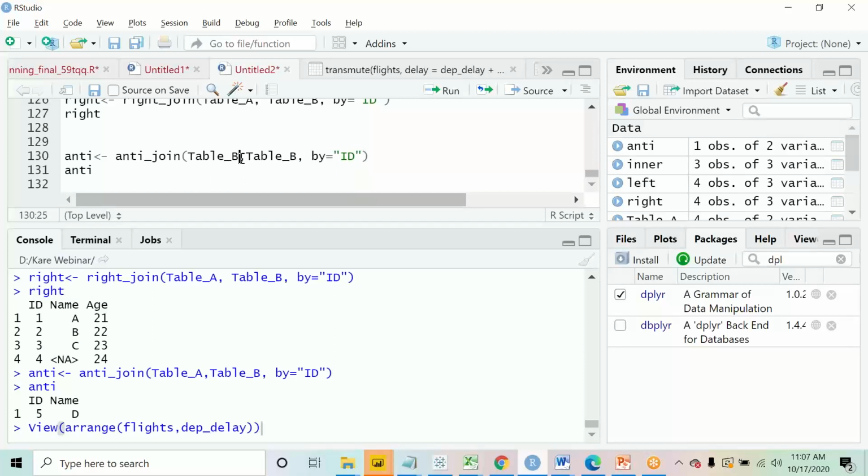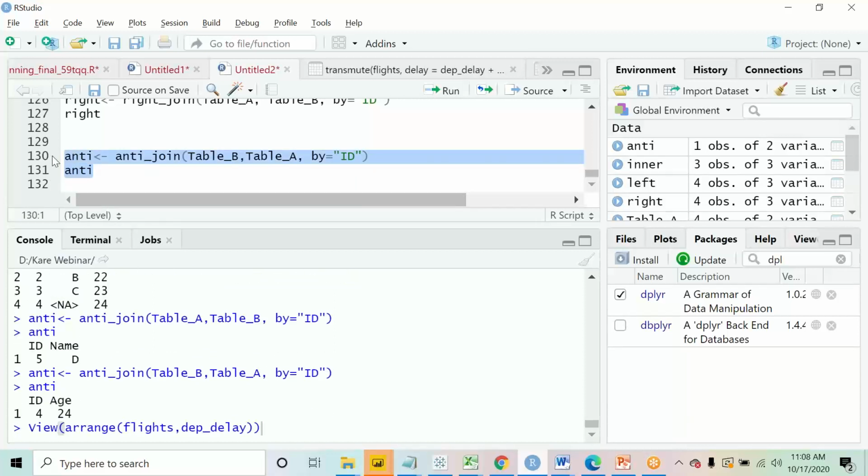If I interchange it, I make it B and this as A, I will get the output 4 and 24. Correct. So I get ID and age, 4 and 24. I hope all of you are now clear on this. Correct, Vishal? So you have shared the output.